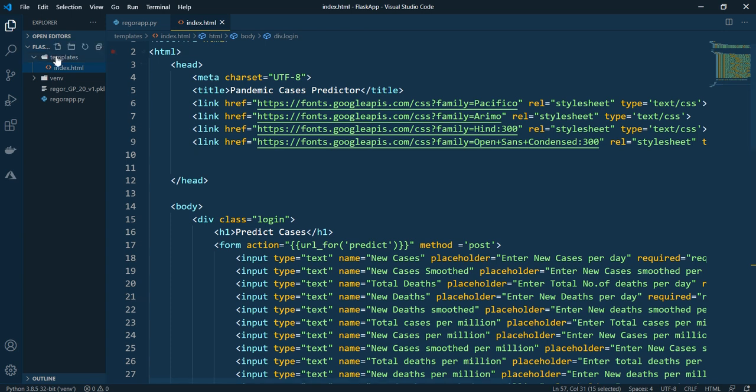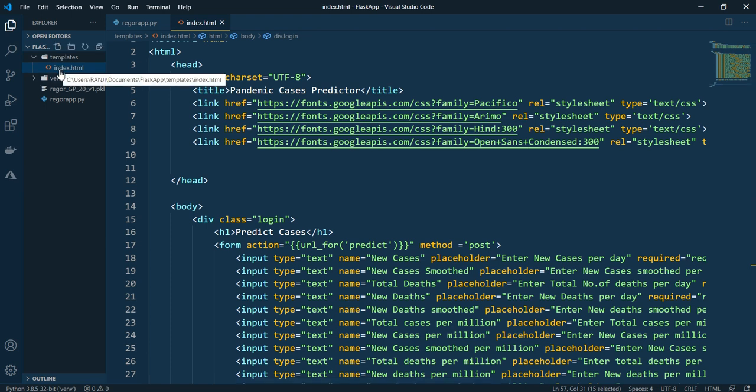So for that I have a folder called templates, and inside this templates folder I have kept the index.html. If you have any other files which are dependent on index.html, like base.html or base1, base2, you can put them under this, or even the CSS file, the main.css file for the style sheet, which I have not considered in this application.